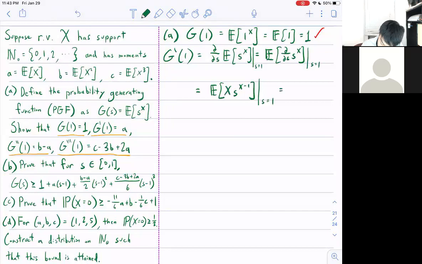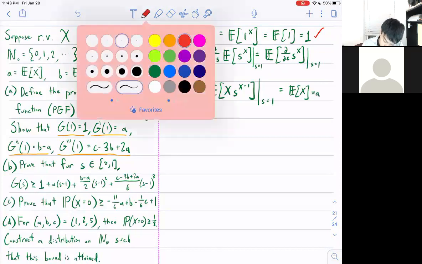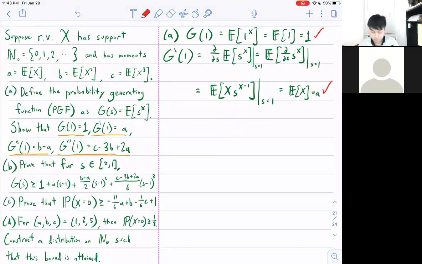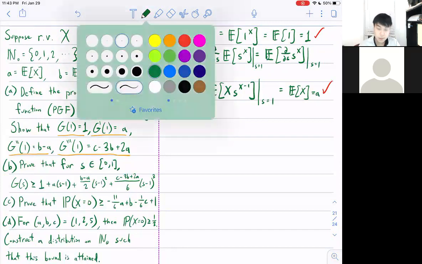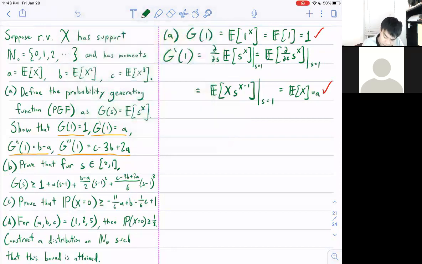Well, that's just simply the expected value of x, right? Which just equals a. So that's also checked off as well. Cool. So you can see that we're going to keep on doing this for the remaining two subparts of these